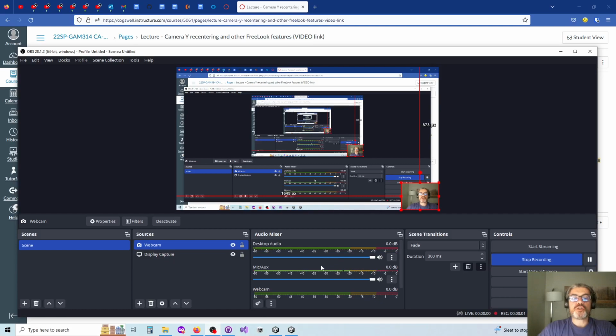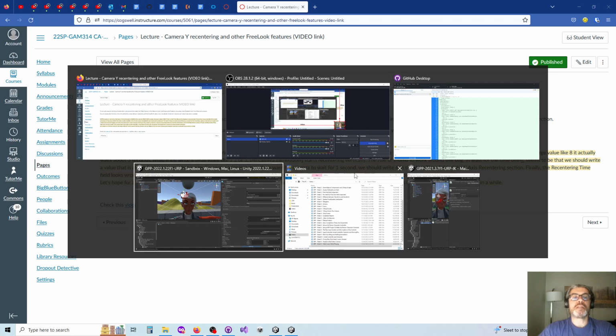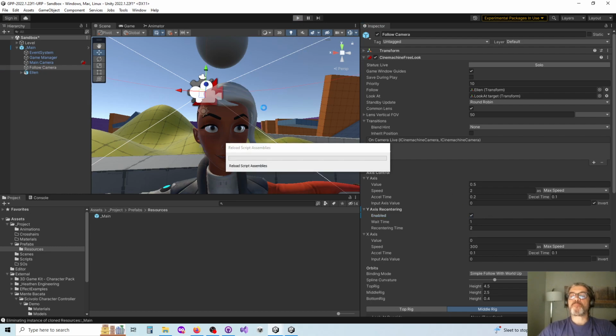Hi, today we're going to talk about the Y recentering of the free look camera. We drag and drop main onto the hierarchy, and then we click on the follow camera. We look at all the parameters, and we see there is this Y-axis recentering that is disabled by default. We enable it. So now if you press play,